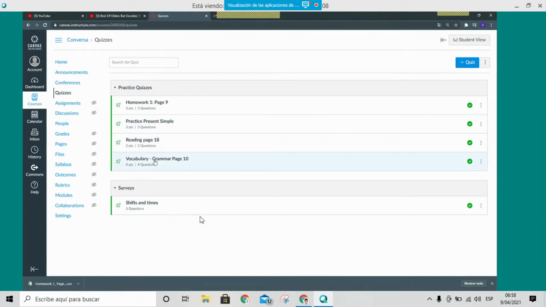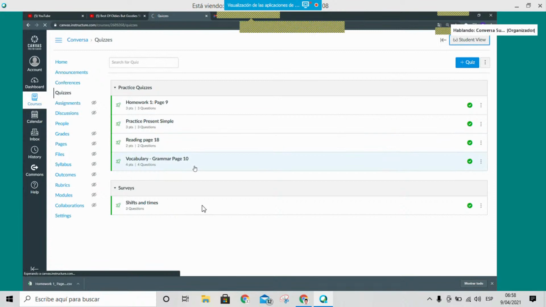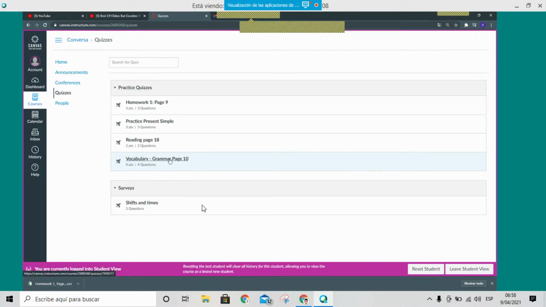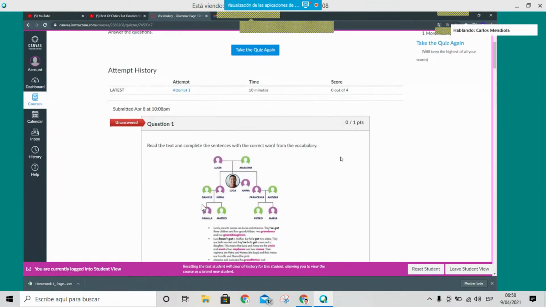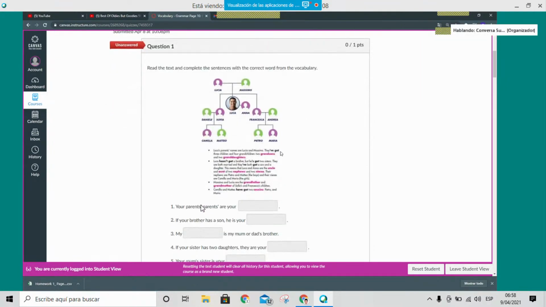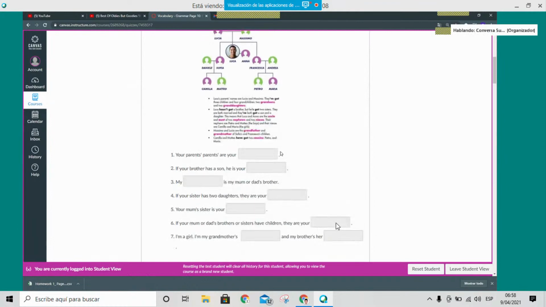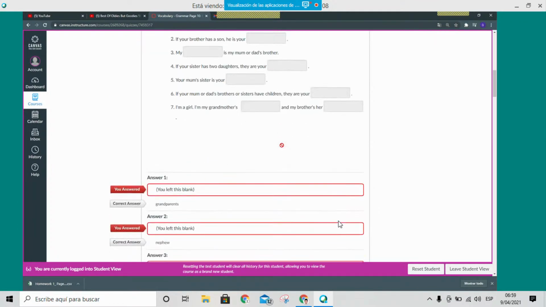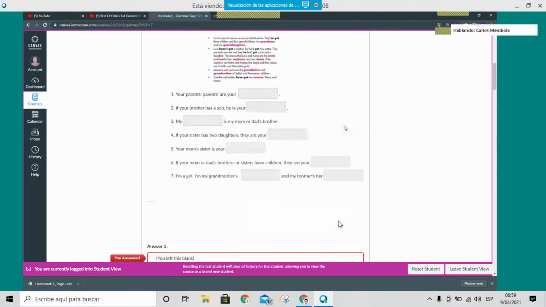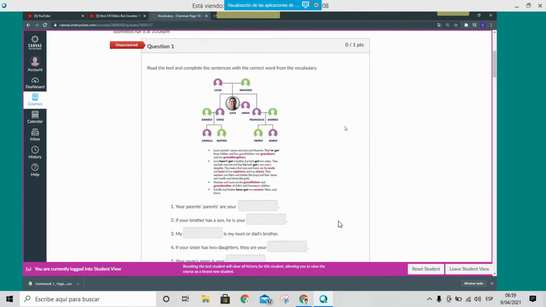This is vocabulary and grammar of page 10. So what you have to do is enter here and the information about the family, vocabulary, and well,